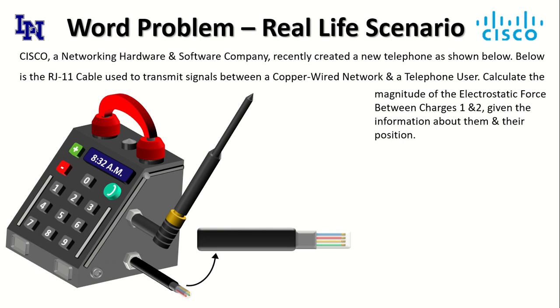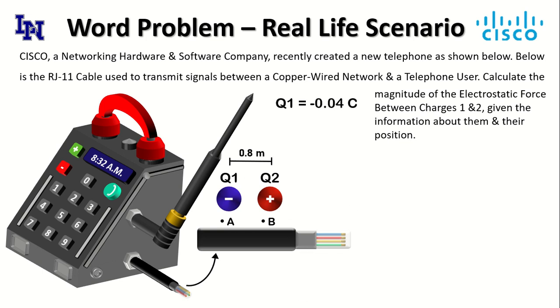So number one, Cisco, a networking hardware and software company, recently created a new telephone as shown below. Below is a RJ11 cable used to transmit signals between copper wired network and a telephone user. Calculate the magnitude of the electrostatic force between charges 1 and 2, given the information about them and their position. So here's Q1, here's Q2. They're both oppositely charged, one's positive, one's negative. They're separated by about 0.8 meters. Q1 has a magnitude of negative 0.04 coulombs, and Q2 has a magnitude of positive 0.07 coulombs, and